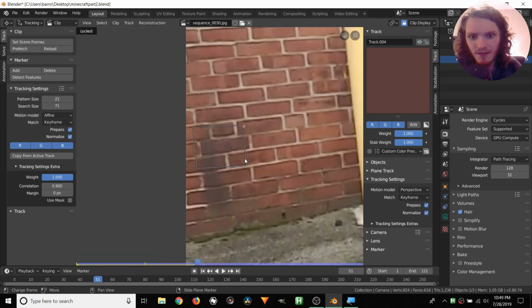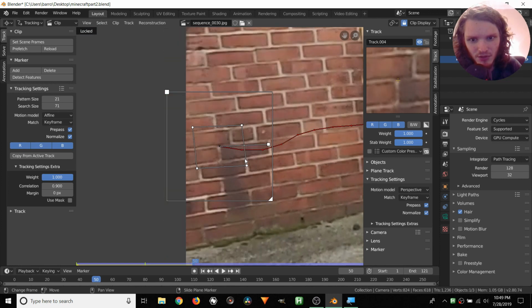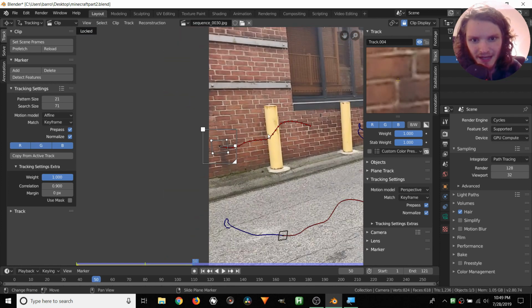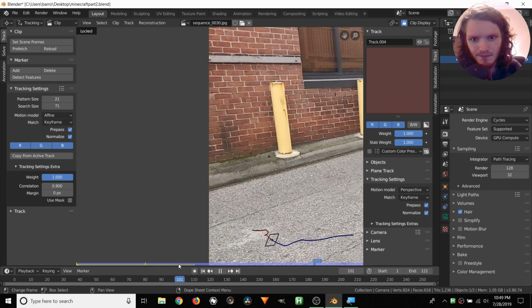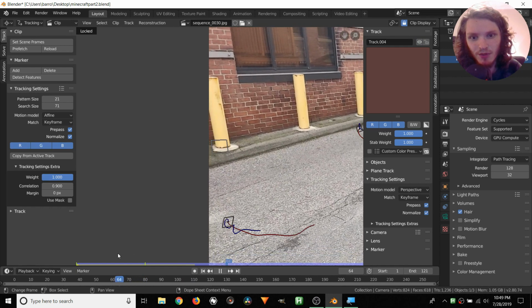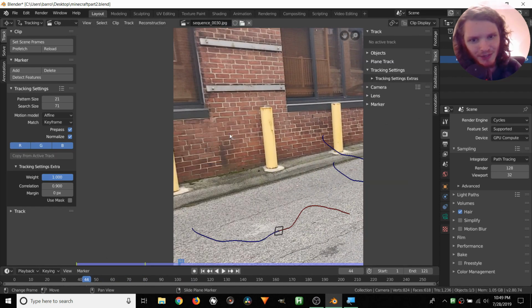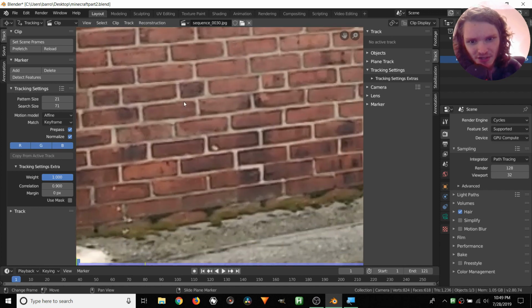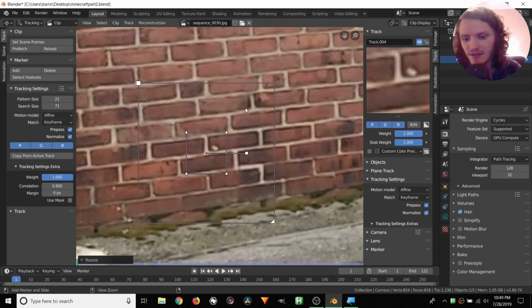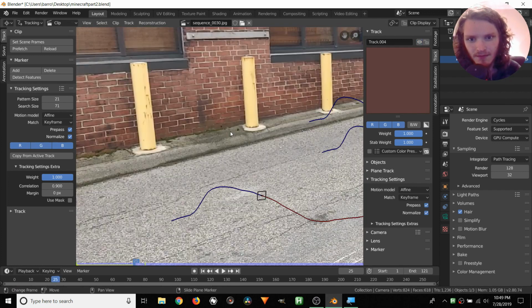Control T. Ooh, okay, we picked something that goes off frame. Let's see if it comes back. So it's like a couple bricks behind this pole. So let's see. It does come back. So we could mess with that, or we could just delete it and pick a tracker that lives throughout the whole shot. Sometimes that's the easier option. So let's go for this one that has this dot here, which makes it unique. See if that has any issues.